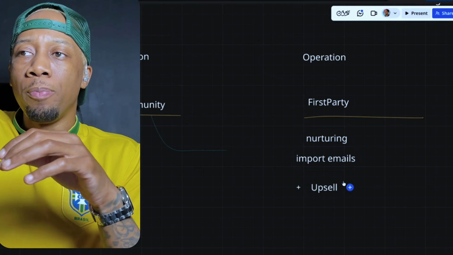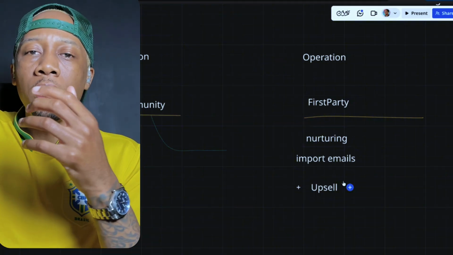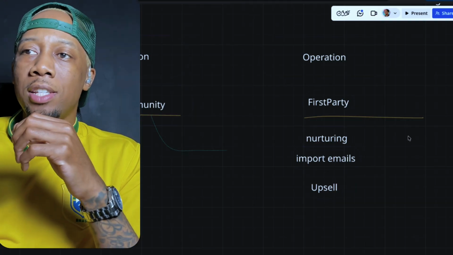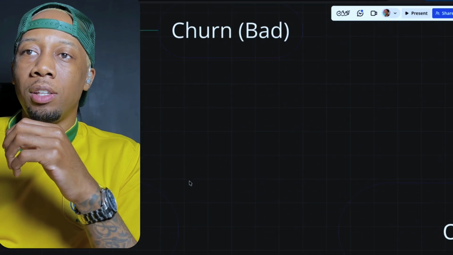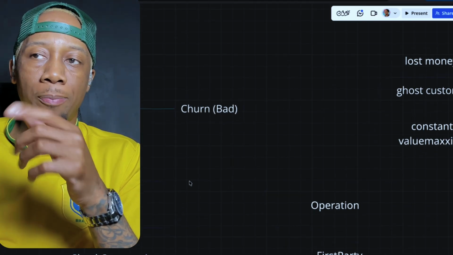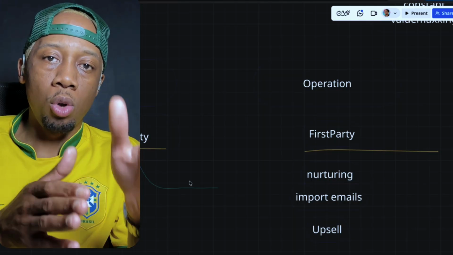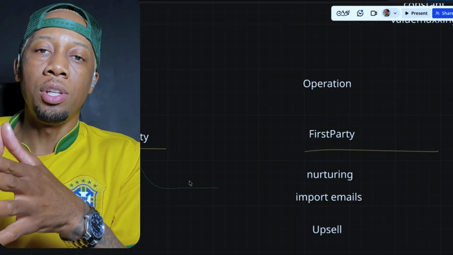So at that point, you have to figure out, okay, what's actually going on here, and how do I stop this from happening? Because churn is bad, okay? As I have shown in other videos, churn, bad, not good. You don't want that. So you need to have your operations in check as a Skool owner, and having a system like First Party is actually going to benefit you.